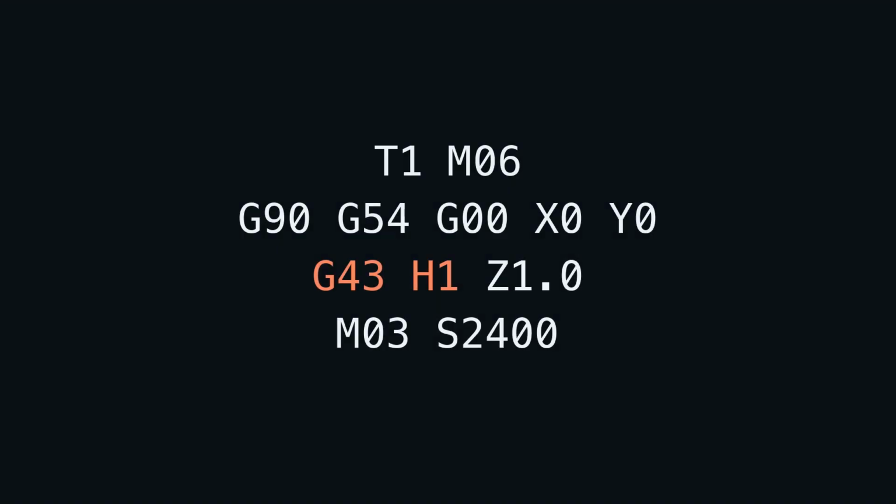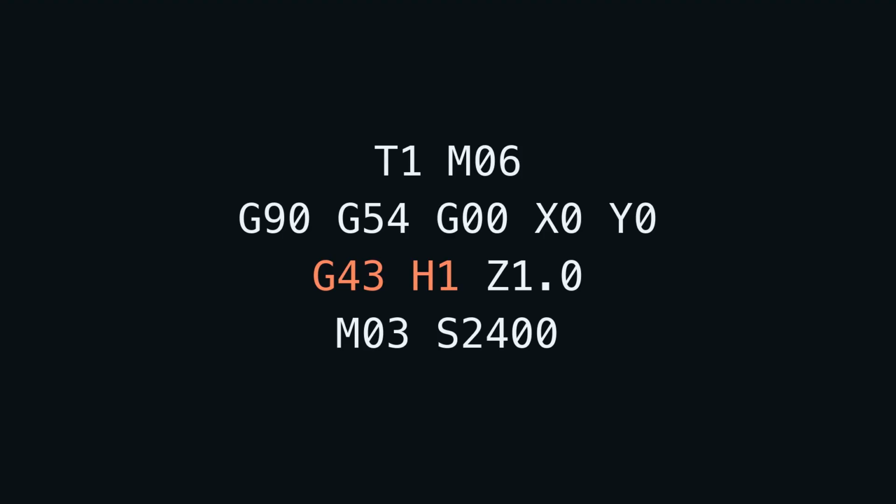A tool sits in the spindle. The program calls Z0.1. The spindle dives, the tool buries itself in the vise, and somebody yells. 9 times out of 10, the line that was missing was G43. This is the line. G43 H1, Z1 inch, 3 pieces, and most operators couldn't tell you which piece does the